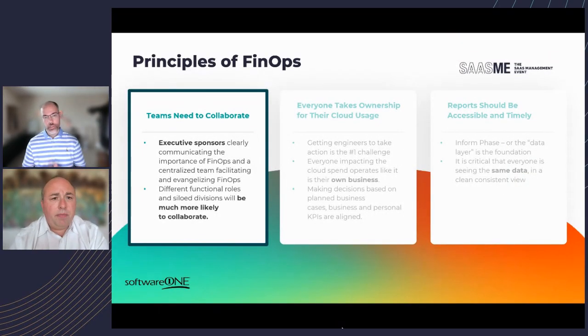Okay, so the first of the 3 principles we're going to go over is teams need to collaborate. Now, from a hyperscaler standpoint, what we see with this is you oftentimes will have ITAM or SAM doing one thing. They have one view of the data. They have one set of strategies. And then you have IT doing one thing. Sometimes you have a cloud center of excellence. You might have leadership has their own view of things.